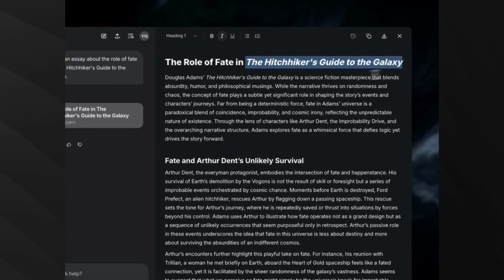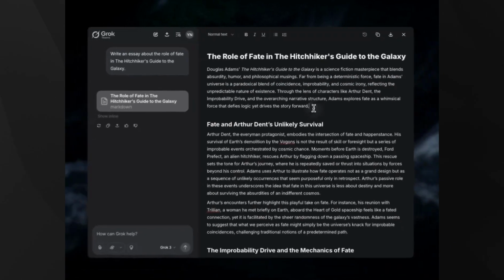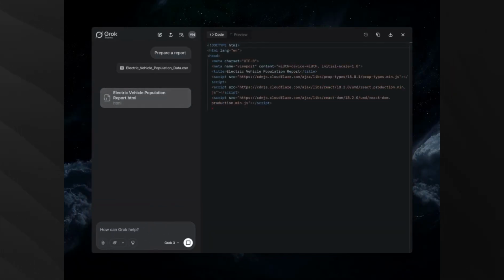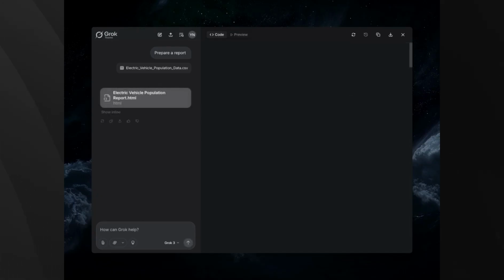platform. Grok Studio brings features like live document editing, allowing you to write and revise text with AI assistance, and live code execution where you can preview and run code directly within the interface. One of the most impressive capabilities is the ability to upload spreadsheets and ask Grok to prepare comprehensive reports with